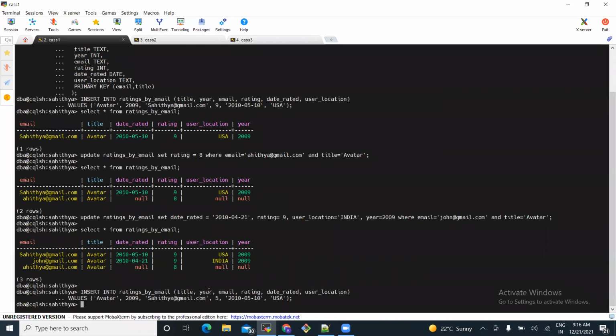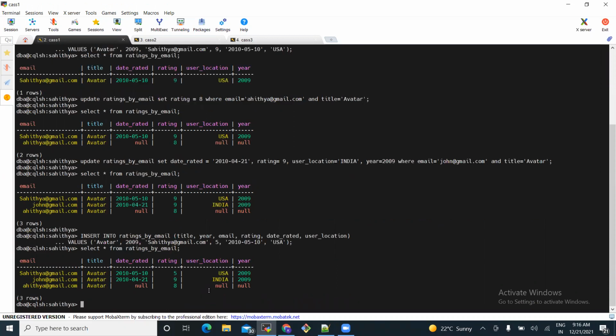And it was successful. Let's check the table. See here, it got updated from 9 to 5. So that means we can use the update command for inserting and the insert command for updating in Cassandra.